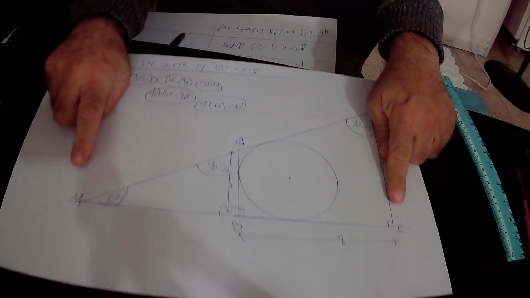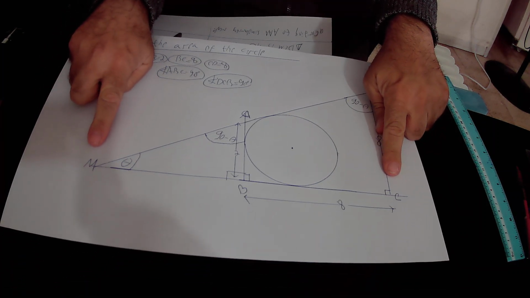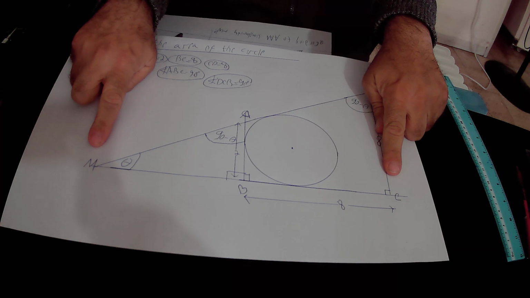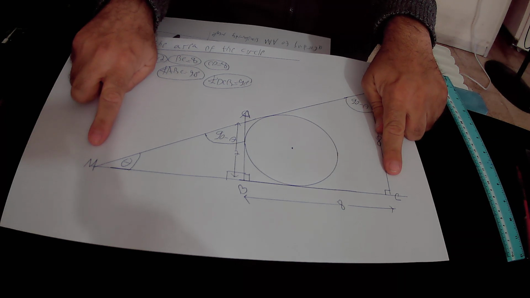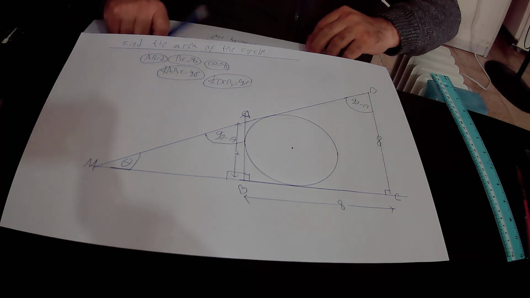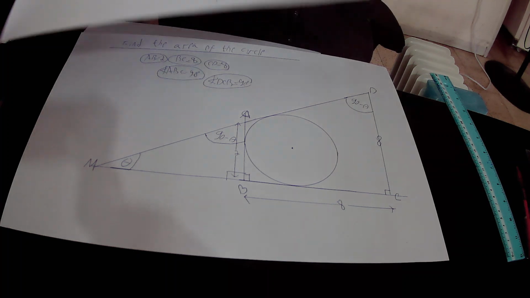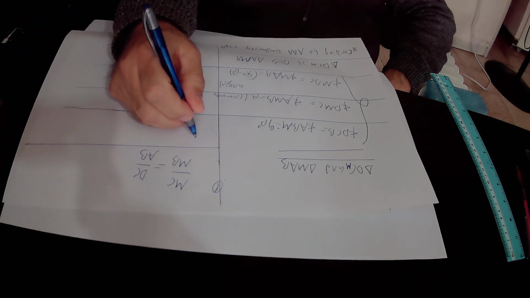What is the length of side MC? From the drawing it is very easy to see that MC equals MB plus BC. That is to say, MC equals MB plus BC. BC is 8, so in total MC equals MB plus 8. Repeat again, MC equals MB plus 8